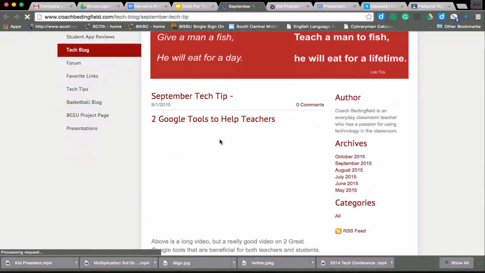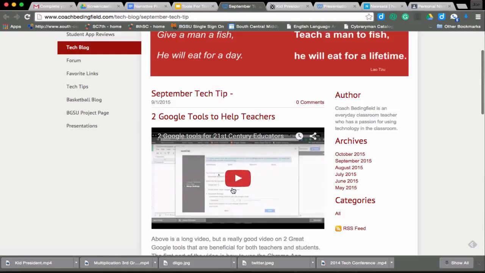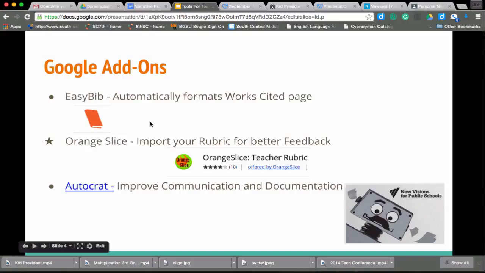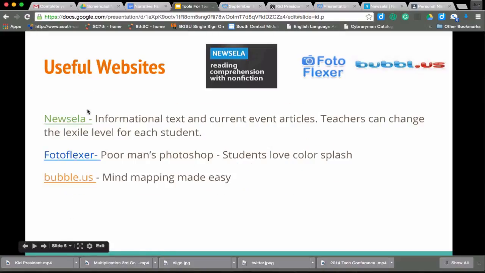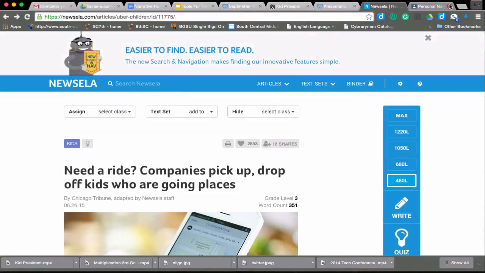Now this other one, I'm going to let you click on that and go to my September tools to get my video on how to use AutoCAD, how I use AutoCAD. If there's more time in the session, I will show you, but I'm going to move on to some other useful websites such as Newsela,